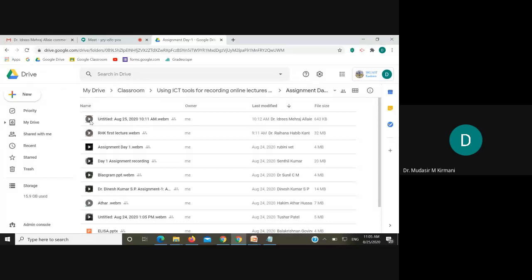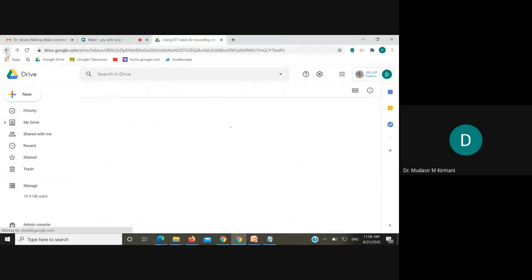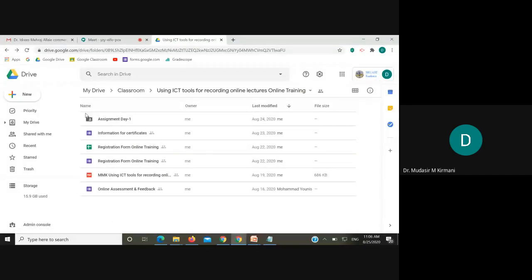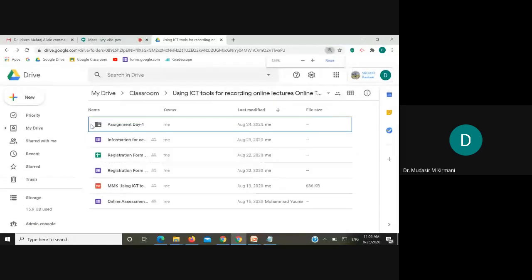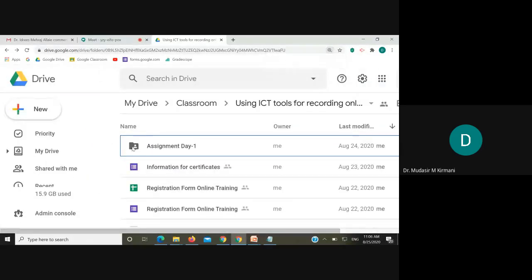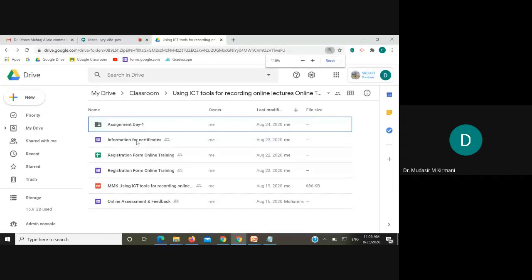One more attribute which I would like to focus on over here is, if you check out the folder over here, this folder has a sign of a human head and half body. It means it's shareable, because whenever we upload an assignment, we are sharing it with people who are within our class. So this folder becomes shareable. Do remember this: when you want to share any file from this Google Drive, you can share it as a file as a whole, or you can share it as a link as well.